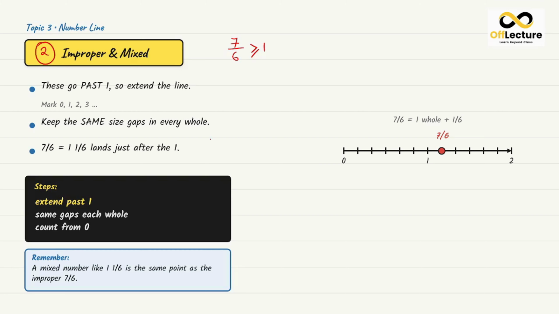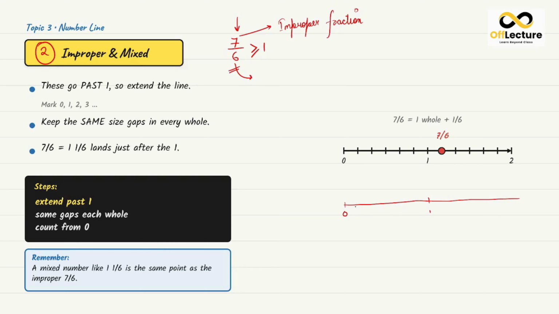So let's try to understand how we can, let's say we have to plot 7 over 6 on the number line. So how will we do that? First of all, we know that this is an improper fraction, so we will extend it past 1. We will create 0 to 1 first. This is 0, this is 1, and since we look at the denominator, which is 6,